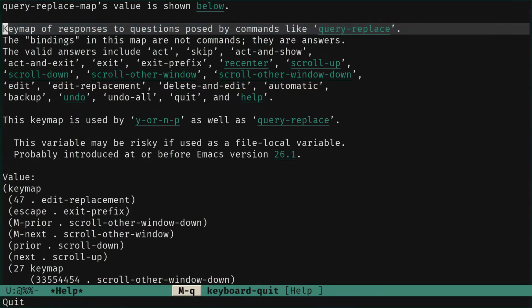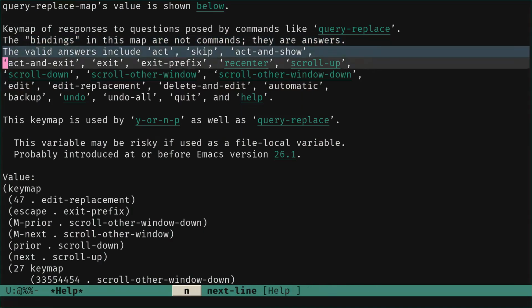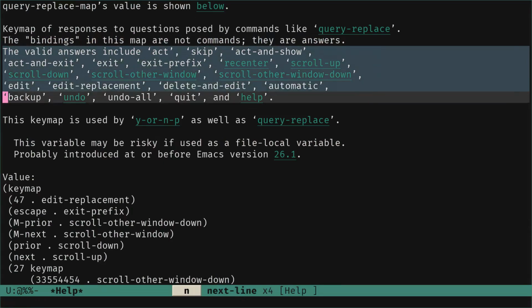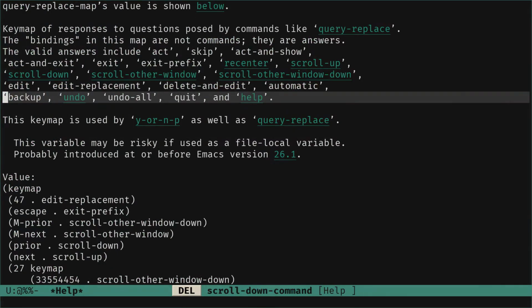Okay, so something to note is that the bindings in this map are not commands. They are answers. That means don't try to add your own command in that key map because you want to do some of the things, because it won't work. The only valid answers include act, skip, act and show, act and exit, and we can see there in the key map that they correspond to the